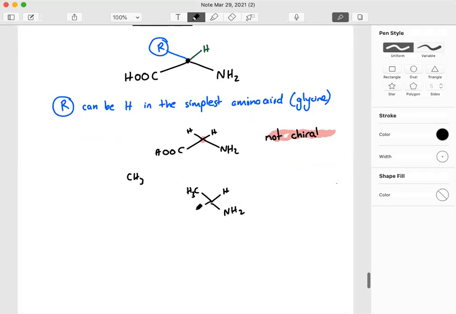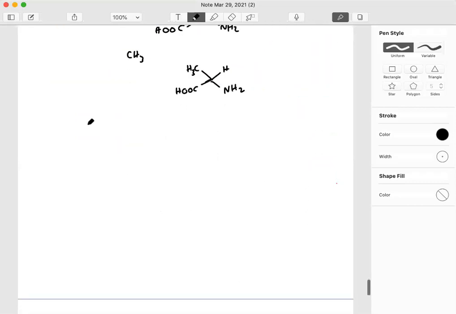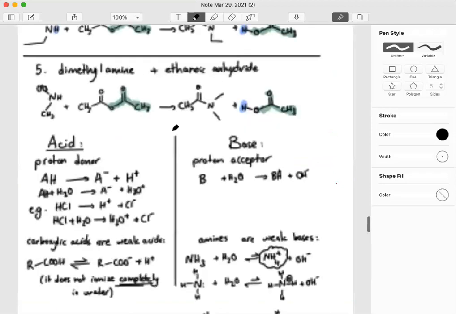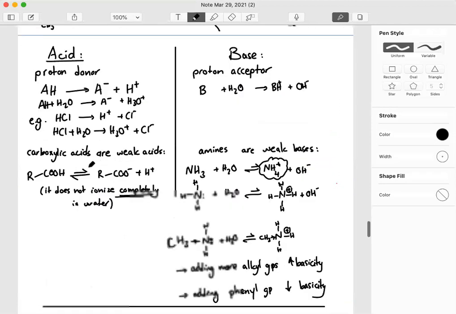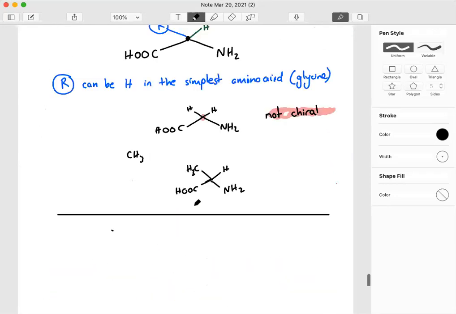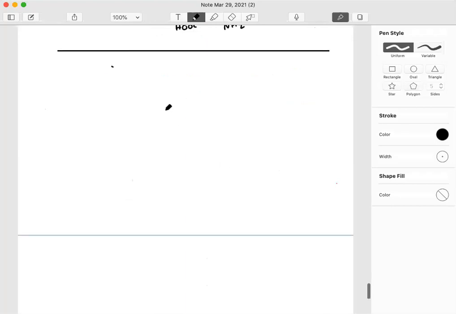طيب احنا إيه اللي عايزين نعرفه بقى في موضوع الأمينو أسيدز ده؟ في حاجة مهمة جدا ليها علاقة بالأسيدز والأمينز اللي قلناها قبل كده. احنا لسه قايلين إن we just mentioned that carboxylic acids are weak acids. Amines are weak bases. We want to check what happens when we put each in basic or acidic or neutral